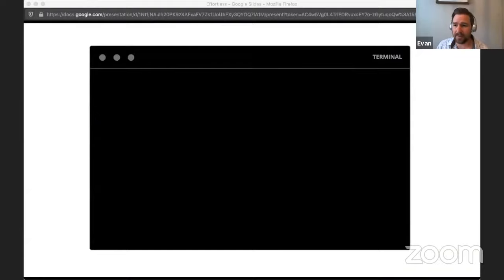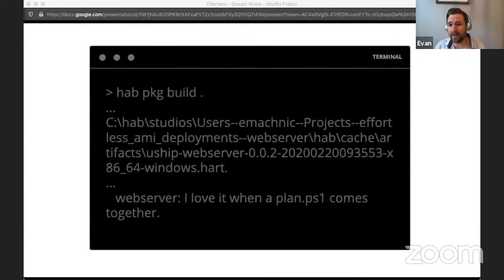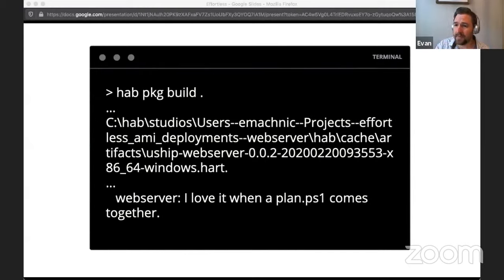But then, after you've written that, we can actually build the cookbook and see what happens. So the hab package build command is just going to build in the dot, which is basically the path to where the Habitat directory is. What that does is it actually brings up that clean room studio, pulls all the dependencies and generates your signed artifact. And each one of those artifacts has a timestamp on the end of it. So while you do have the version there, you've also got a timestamp. So you can keep generating these and push out newer ones of the same version if you wanted to.